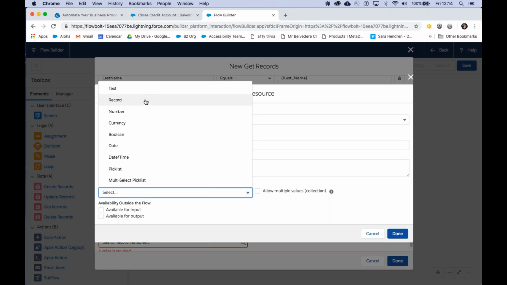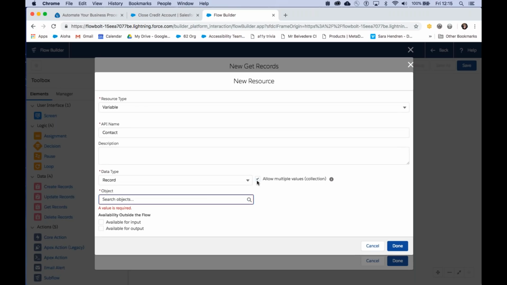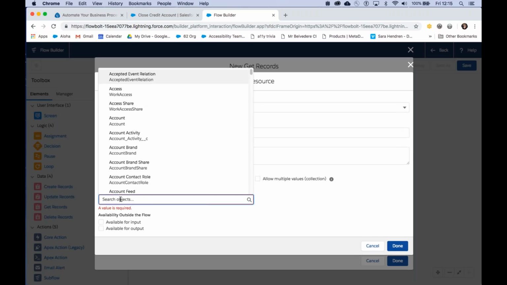So we have a number of similar variable types or data types that we had before, but S-object is now record. And then when you create your variable, you indicate whether or not you're making it a collection or not. So we're just going to say allow multiple values. Oops, except we're not going to say that because we're only going to retrieve one.